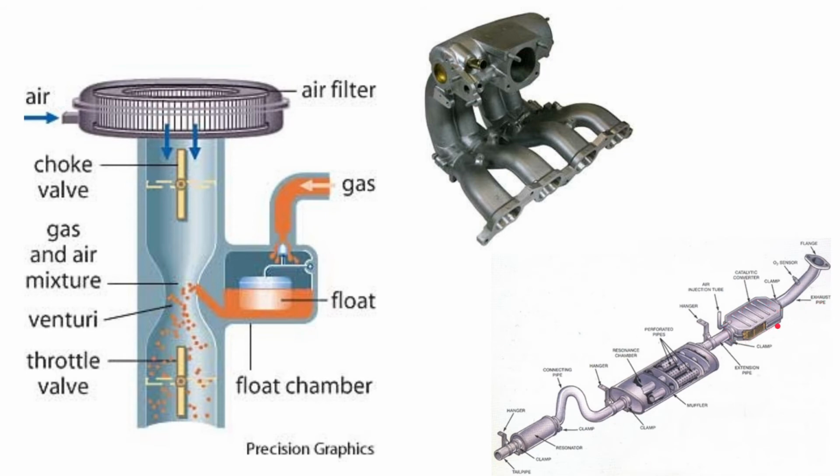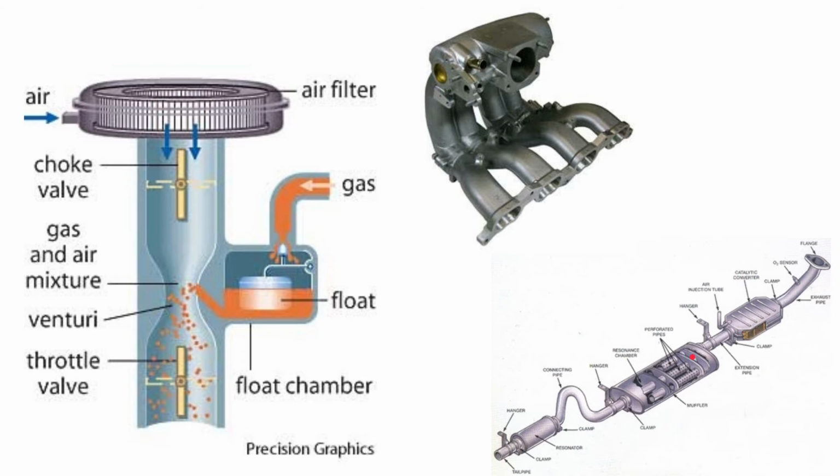So one is the catalytic converter. It will convert the harmful gases which come out from the combustion, which are NOx, SOx and COx: carbon dioxide, carbon monoxide, sulfur dioxide and nitrogen dioxide. They will be converted to less harmful gases, and the particulate matter is also captured over there.